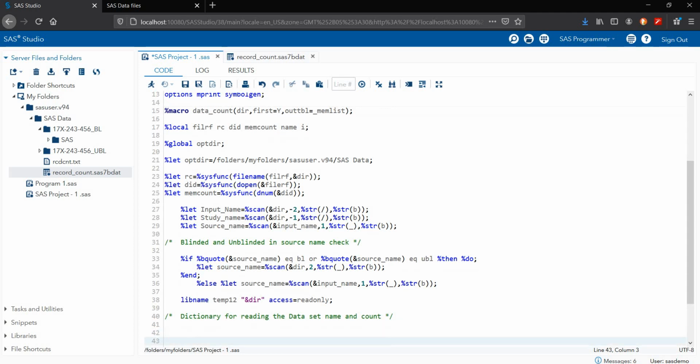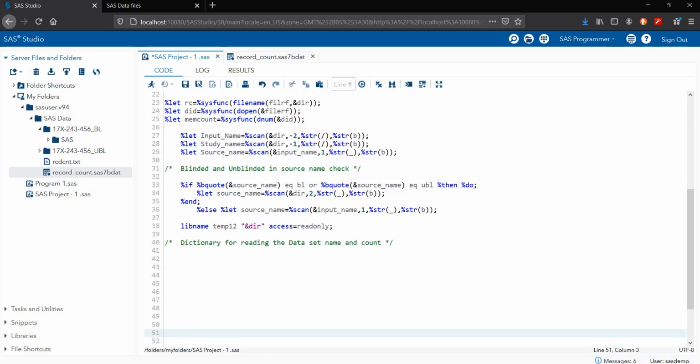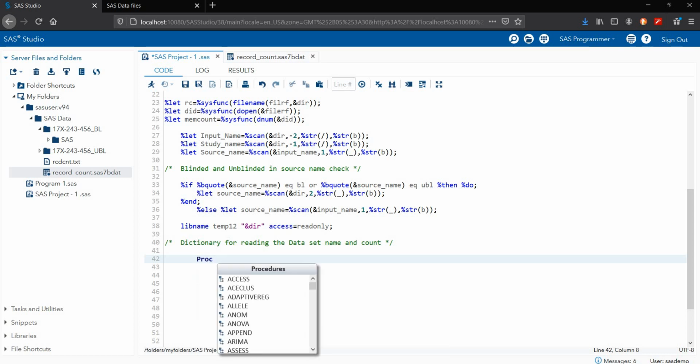To read out the data, I'm using proc SQL.